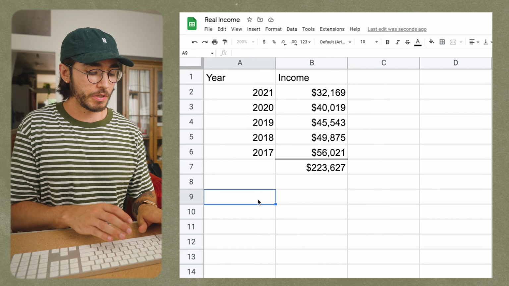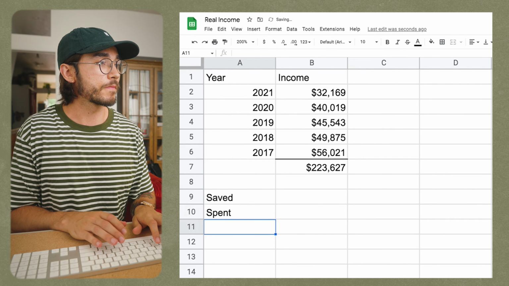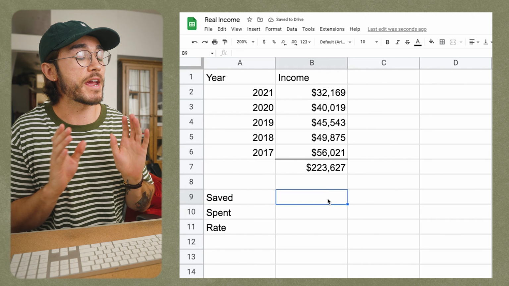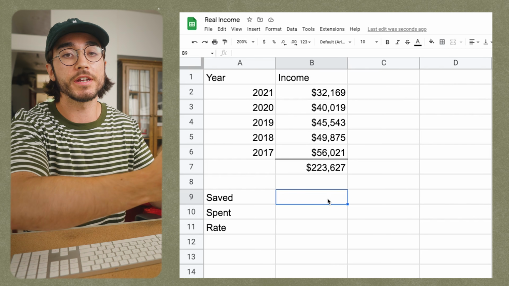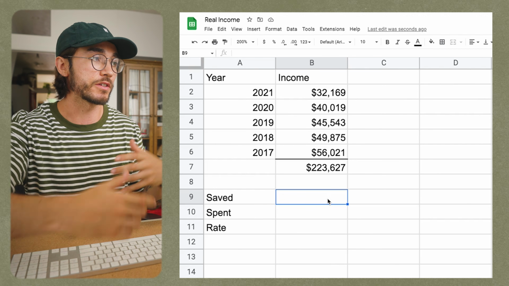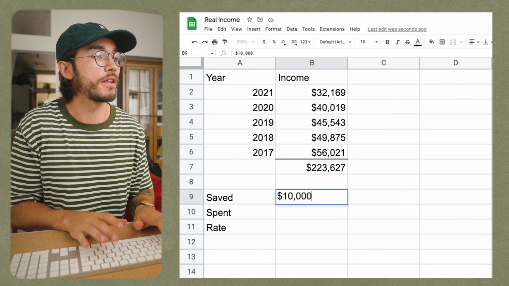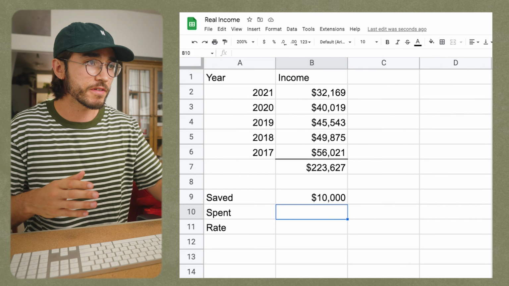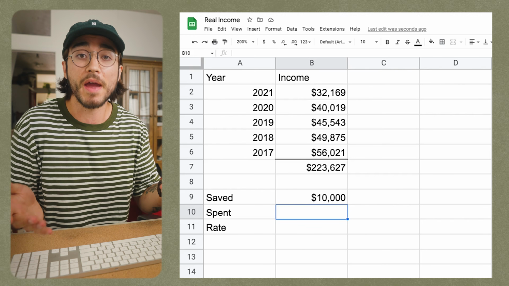kept. So just down below here, I'm going to enter saved, spent, and then rate. And what we want to do is we want to then enter here how much money you've been able to save over the period of time that you're personally tracking. So in the case of my friend, she's been able to save about $10,000. Now, this number can include everything from savings accounts, emergency funds, investments, and I even think home equity would